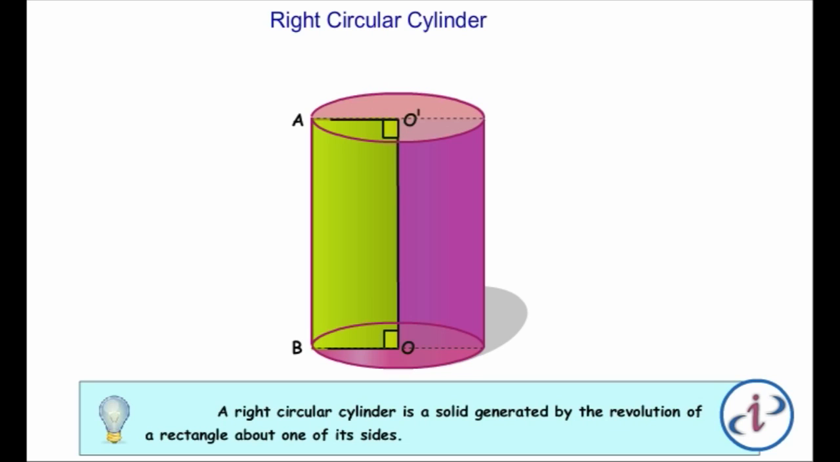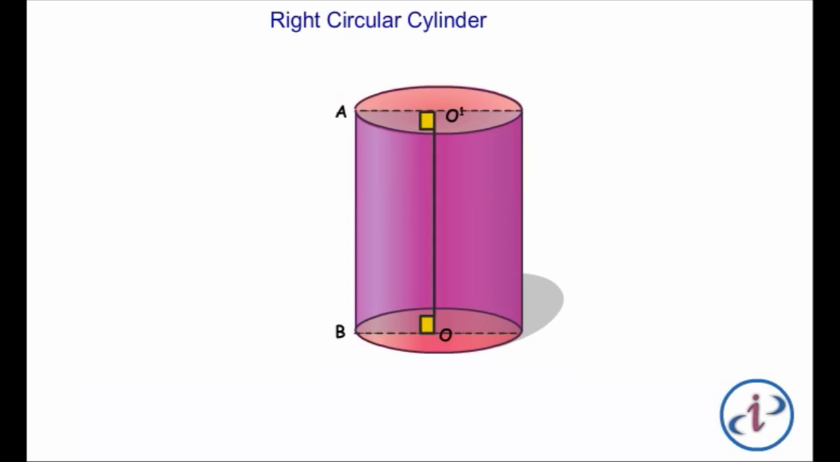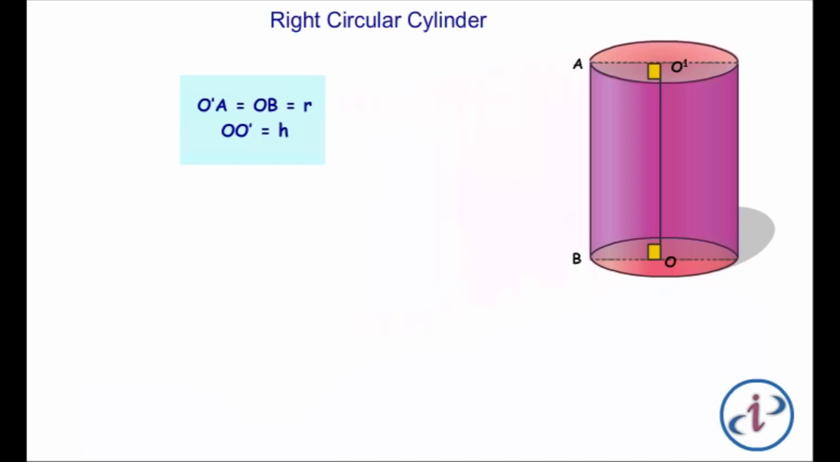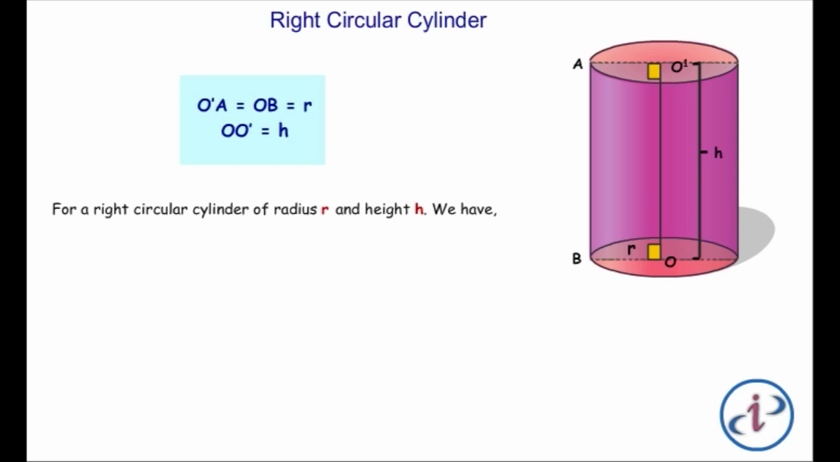The line that joins the centers of these two base circles is called the axis of the cylinder, and the length of the axis of the cylinder is called its height, and the radius of the circular bases is known as its radius. The curved surface joining the two bases of a right circular cylinder is called its lateral surface. In the figure, OO' is the axis of the cylinder, O'A equals OB is its radius and OO' is the height. For a right circular cylinder of radius r and height h, we have